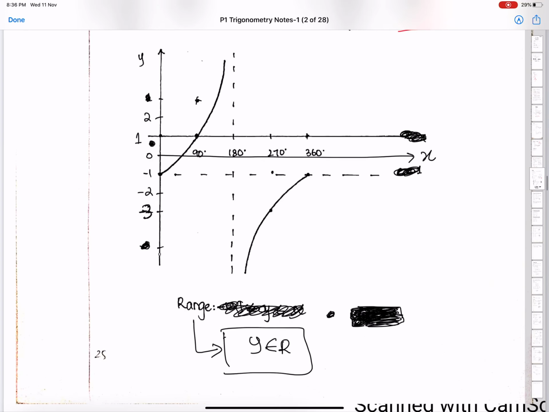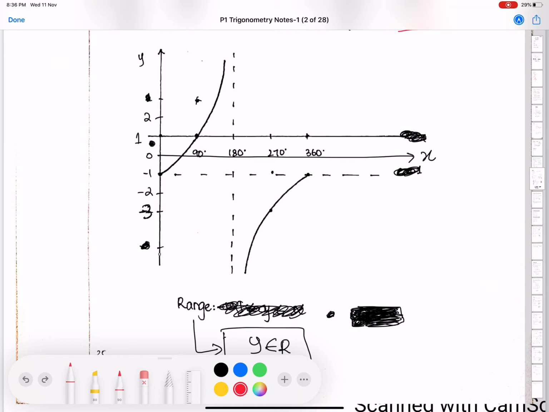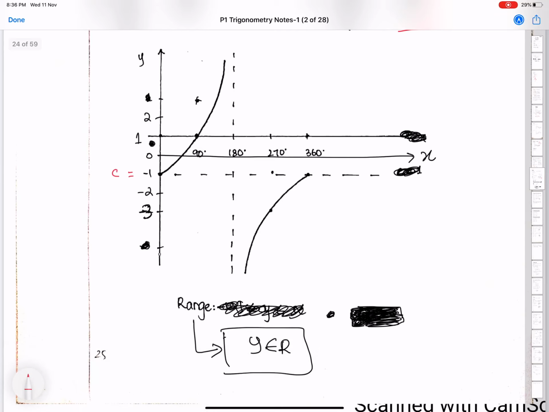So this is the tan curve. This number is C, whereas this is minus 3. In fact, this is C minus A, and this number is 1. This is C plus A, and these are the points. If you don't know these points, you can use your calculator. You can just substitute 90 in that equation and you will get this one. And here y can take all real values. This is the range of this curve.